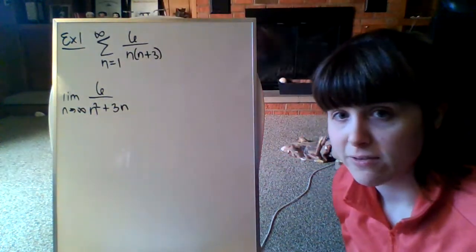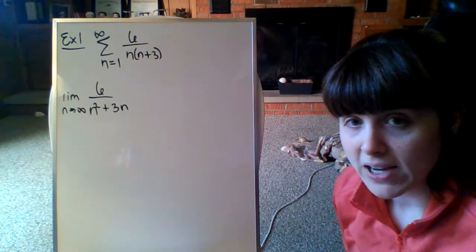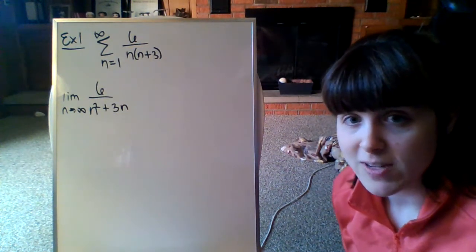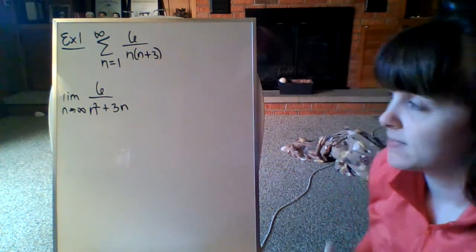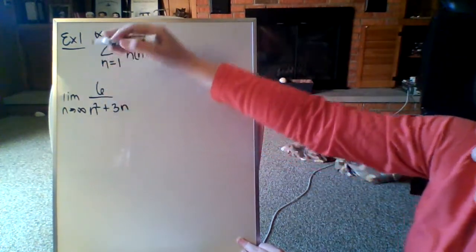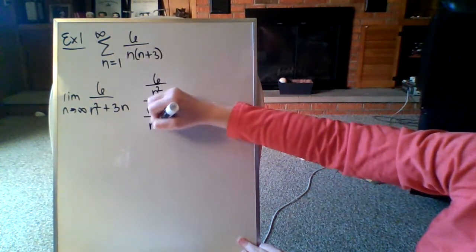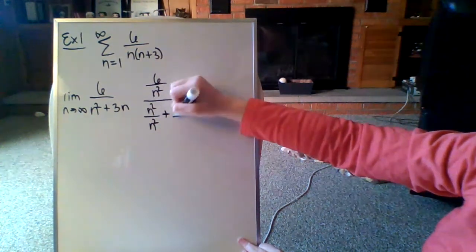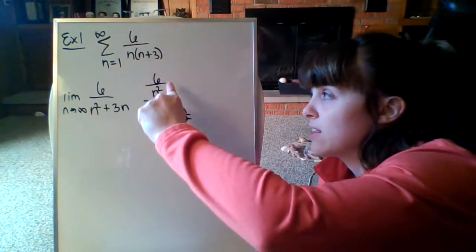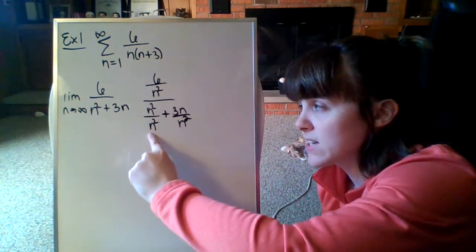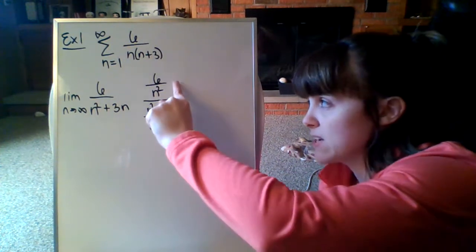Now this should look slightly familiar because we've done problems like this before, and when we found the limit, we divided by the highest power of n. Do you recall doing that? Because that's what we're going to do. The highest power of n here is n squared. So we're going to do 6 over n squared over n squared, and 3n over n squared. If you remember before when we found limits, this is going to go to 0, this is going to equal 1, and this is going to go to 0. So we have 0 over 1,